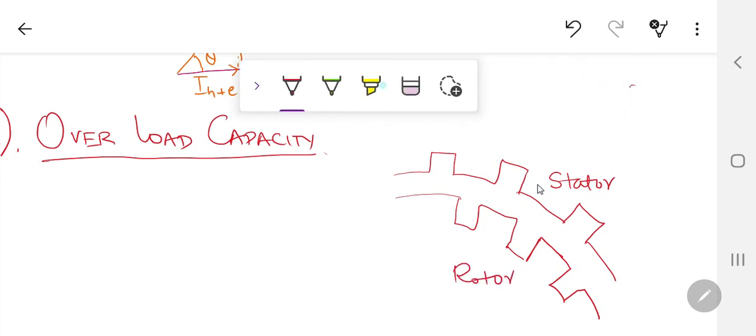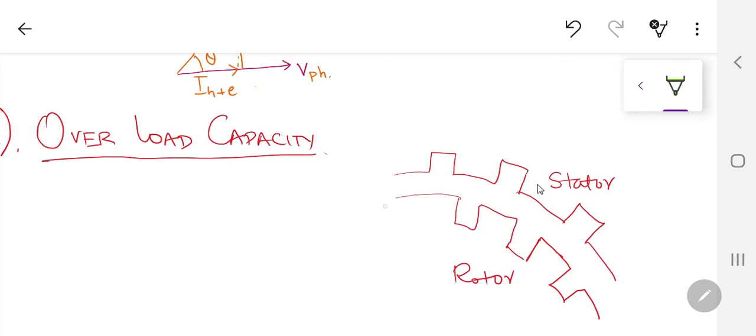Now because of the air gap length over here, whatever that air gap length may be, it may be small or large, I will come back to it later on. These are the conductors placed inside this slot, these are the conductors placed inside this slot, and certainly there will be some conductors in this rotor over here also at this point.